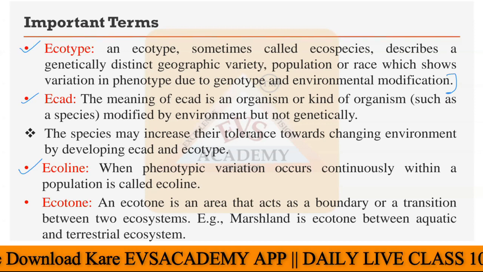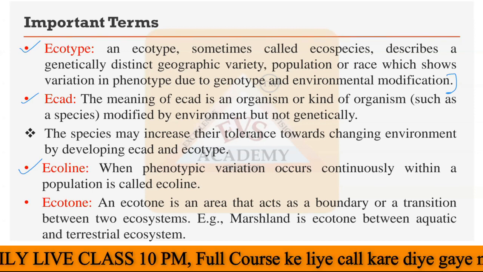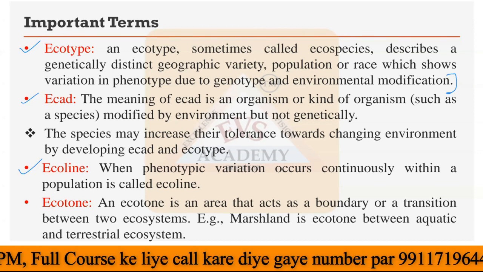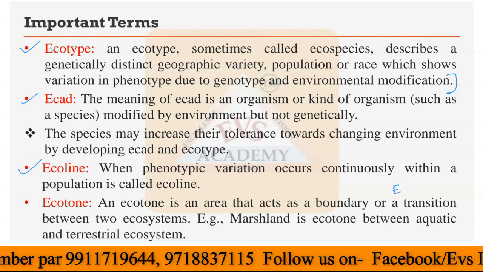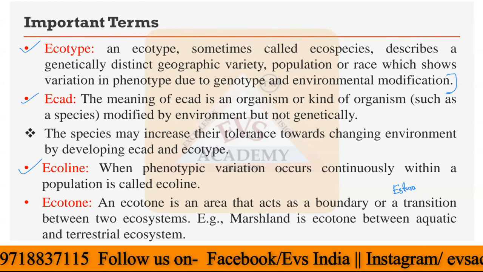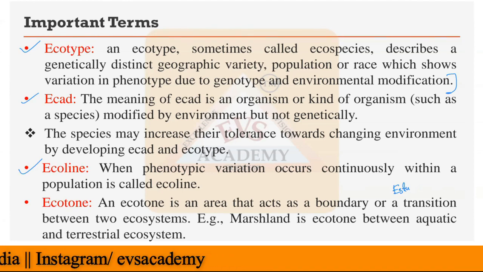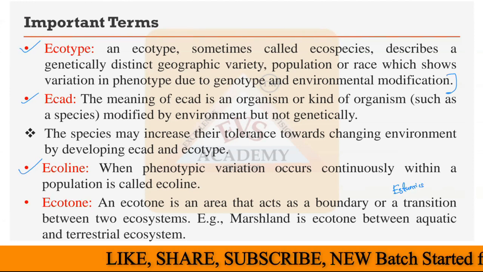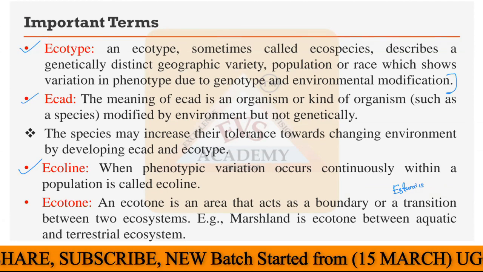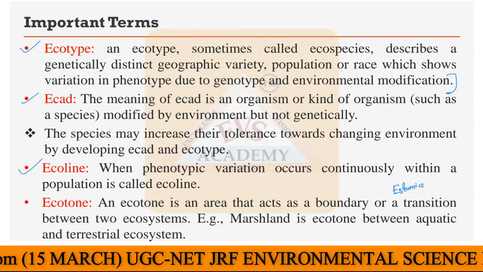Then we have the ecotone. Ecotone is an area that acts as a boundary or a transition between two ecosystems. If I give you an example, the estuaries. What are estuaries? Estuaries are a kind of boundary, a boundary for both the ocean as well as the river. So these estuaries generally act as a boundary line for the ocean as well as the river, and all the ecosystems which are in the border of the two different ecosystems are termed as the ecotone